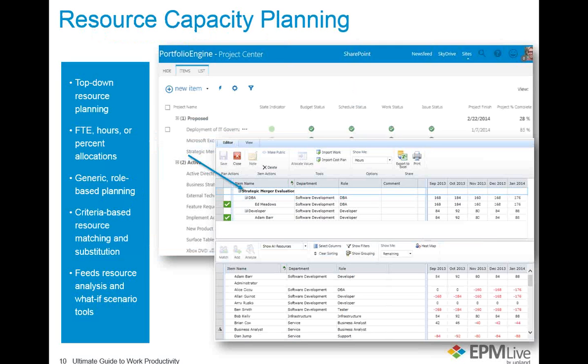In EPM Live, we have tools that help facilitate that. From a resource capacity planning perspective, any portfolio item, whether it be a project or a non-project portfolio item, we can plan resources at that high level, whether generic resource types or named individuals. But the idea is we can plan in terms of full-time equivalents, hours, or percentages of their allocation. Typically in the early stages, generic role-based planning is what's appropriate. You know what you need, but you don't necessarily know who you're going to get to fulfill that at that